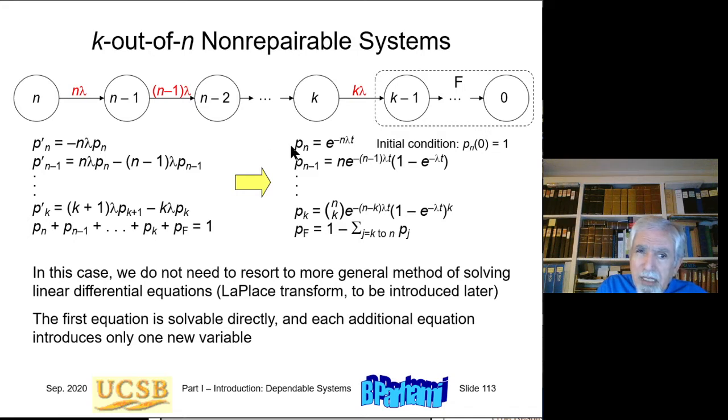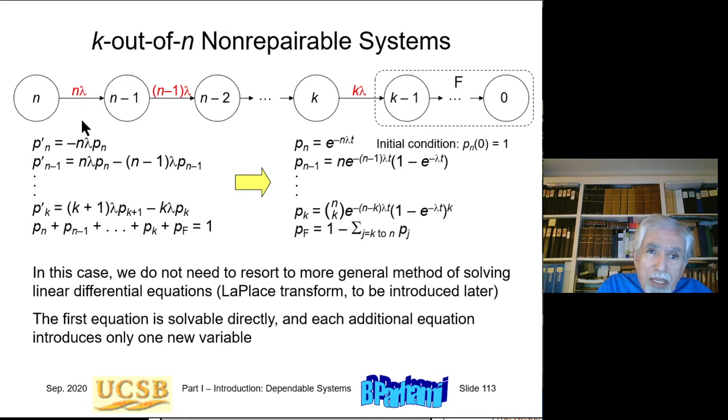Okay, so solving that first differential equation gives Pn equal to e to the minus n lambda t, the probability of being in this state. Then it becomes more interesting as we go to the other state. In this state, n minus 1, we have both departure transitions and arrival